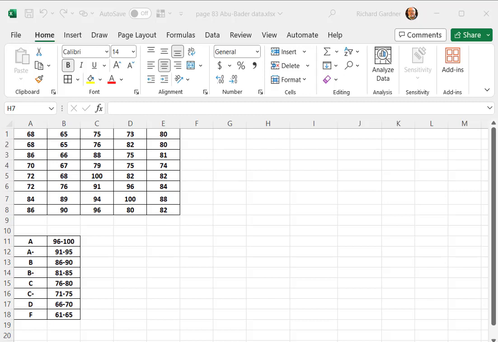I'm going to show you how to make a histogram in Excel. There's more than one way to do this in Excel. This is probably the old-fashioned way, but what the heck. First things first, you're going to print